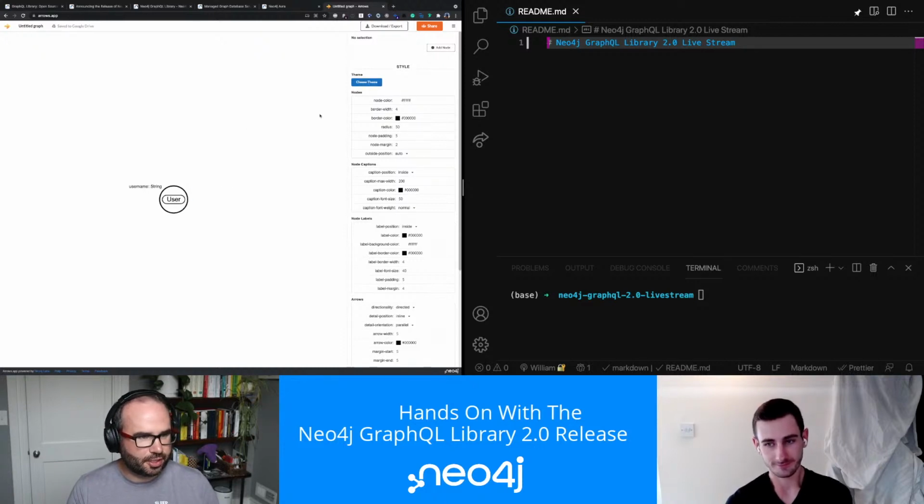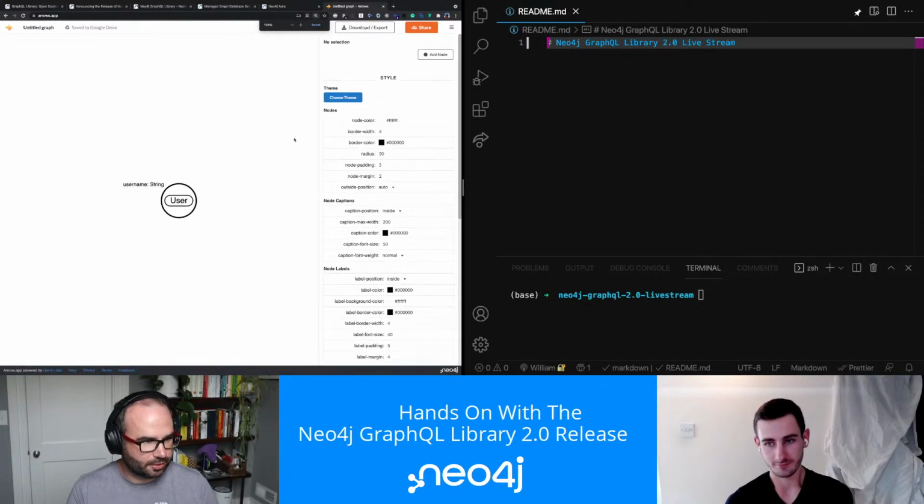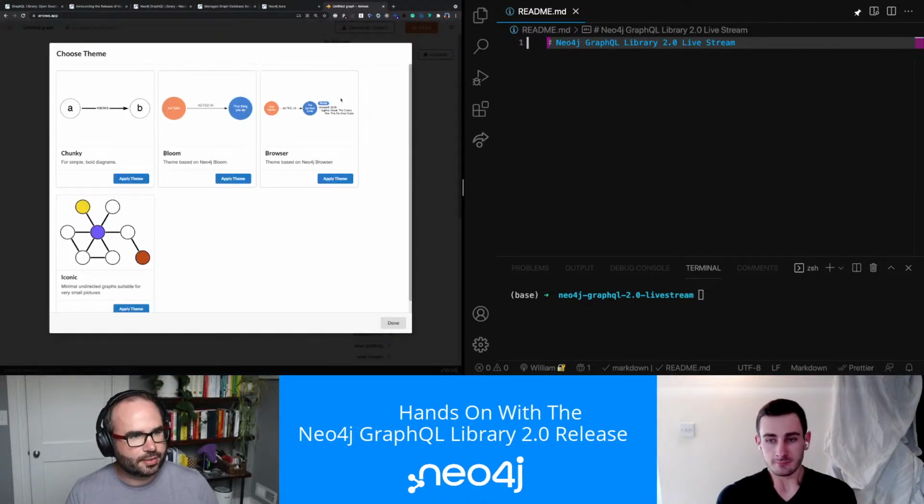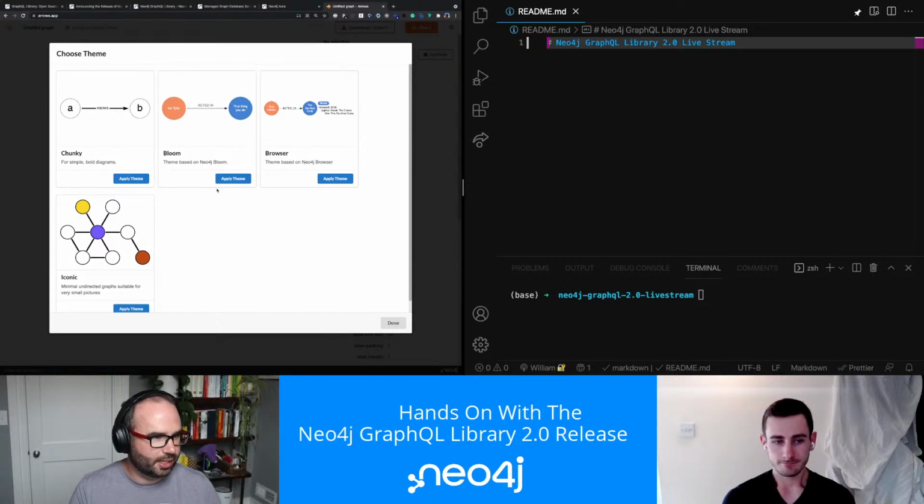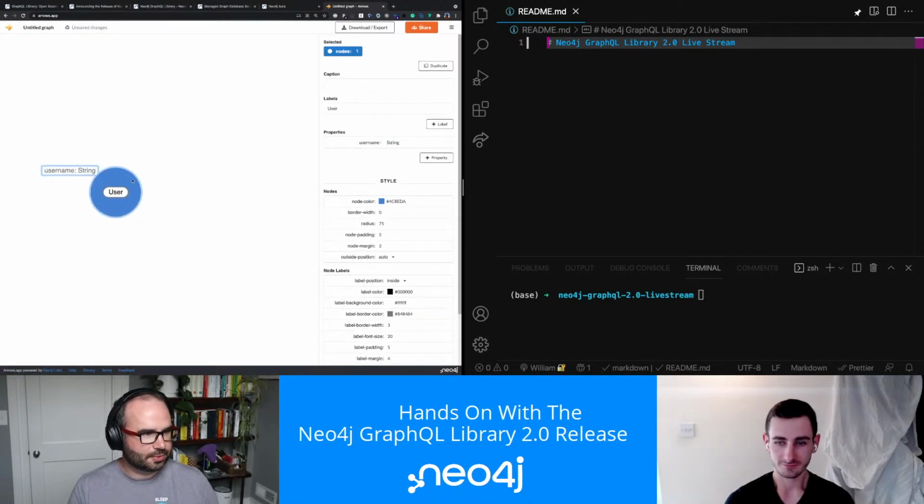We can change the theme. Actually, let's see if I can zoom in a little bit. Yeah, hopefully that's big enough. We can change the theme in Arrows, which is quite nice. I like to use the Bloom theme, which is the styling that you see in Neo4j Bloom, but you can also use browser, so it looks like the Neo4j browser theme. So there we go. Okay, so we've got users,